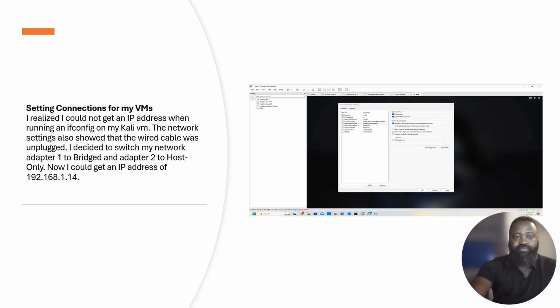I actually started by setting the connections for my virtual machines. I realized I could not get an IP address when running an ifconfig on my Kali virtual machine. The network settings also showed that the wire cable was unplugged. I decided to switch my network adapter 1 to a bridge adapter, and then adapter 2 to a host only. So I could get an IP address when I run the ifconfig, and the IP address was